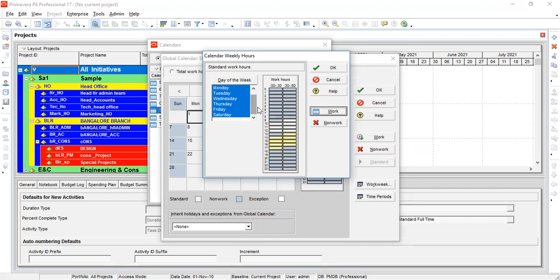Now, for the selected working weekdays, like Monday to Saturday, this working hours will be applied. This is general shift. In case of any different working hours, you have to set that working hour. Now we are taking general shift, a 9-hour shift. This site means a 12-hour shift.